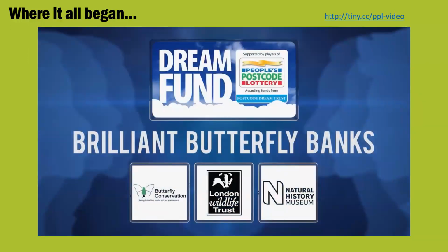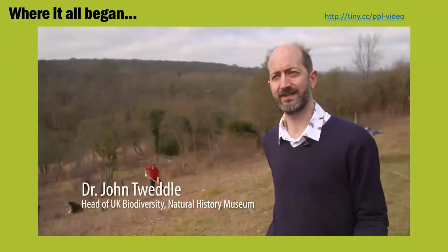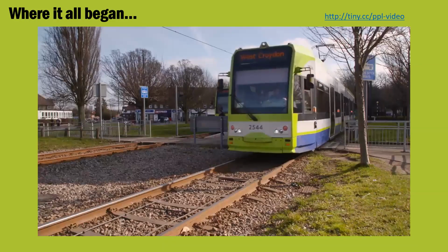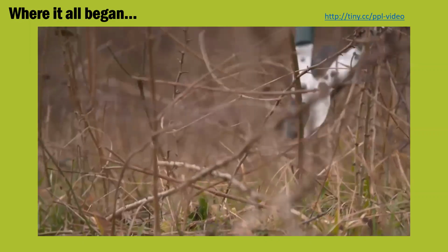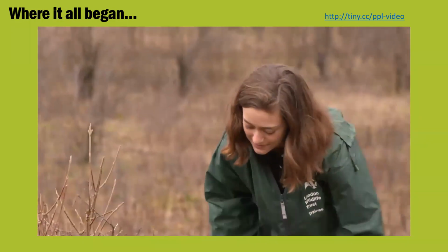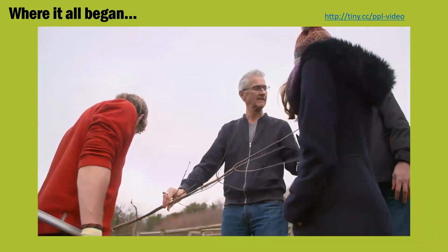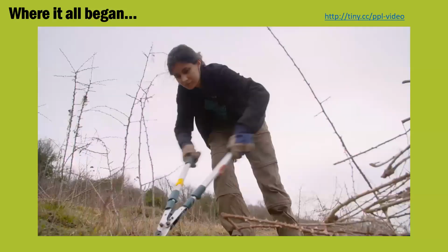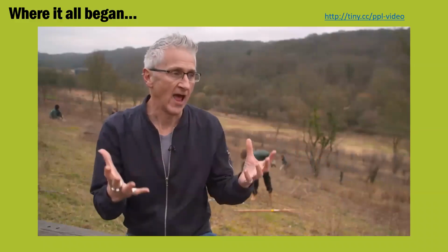Brilliant Butterfly Banks is an incredibly innovative project that we're very excited about as a partnership. It brings together practical nature conservation, looking to improve areas of existing nature reserve in chalk grassland areas in South Croydon, with some new habitat creation in local communities to build these brilliant butterfly banks very close to the doorsteps of people that live nearby. Once you know something, you're more likely to care about it. One of our long-term ambitions of Wildlife Trust and through our partnership with Butterfly Conservation and Natural History Museum is we're all working together to get people to better understand and care for the nature on their doorstep. And if they can take care and understanding for the nature on the doorstep, then we will have a biodiversity